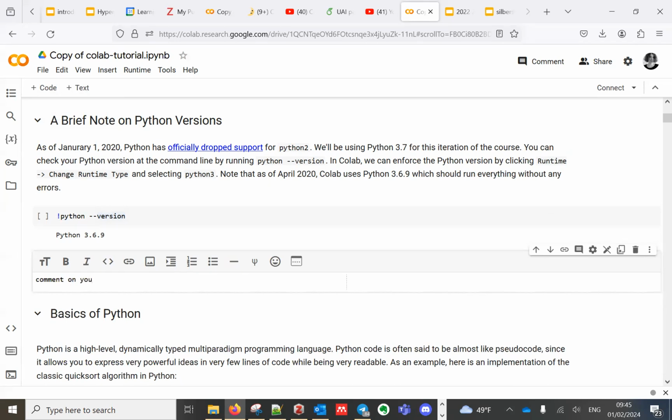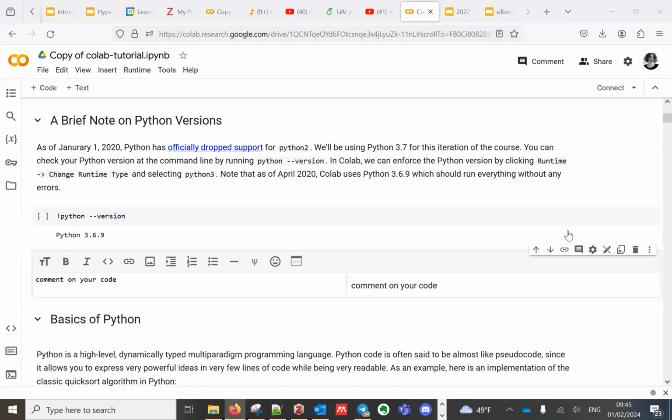Yeah. And you can already go to the Colab research, and you can already try it there, or try to open your first empty notebook.